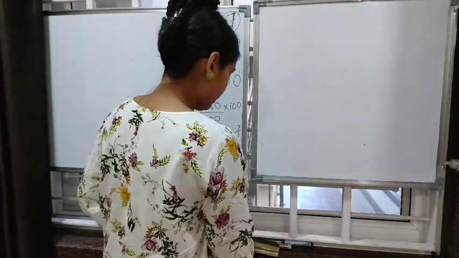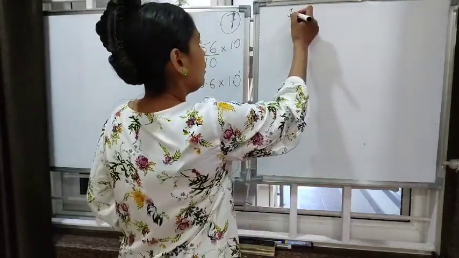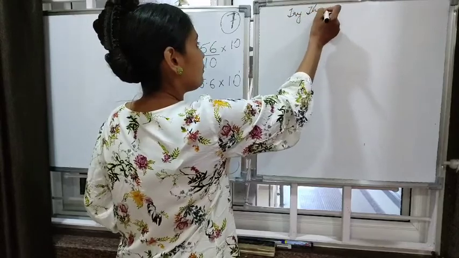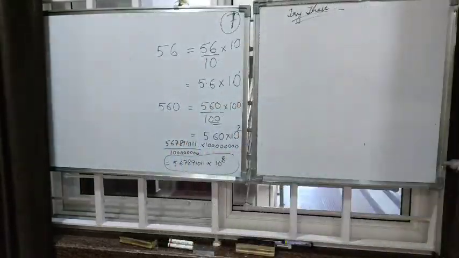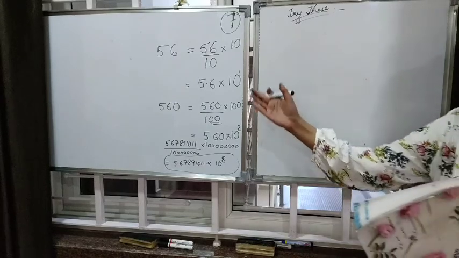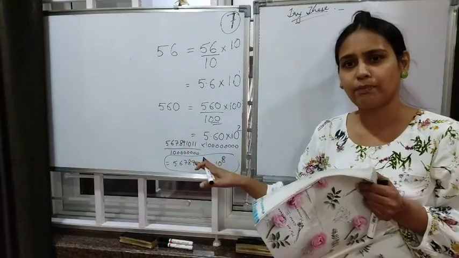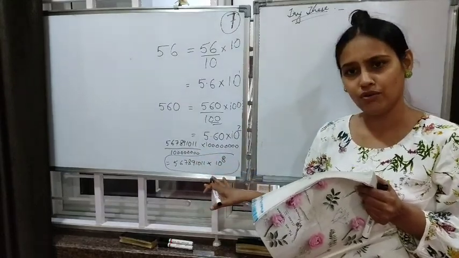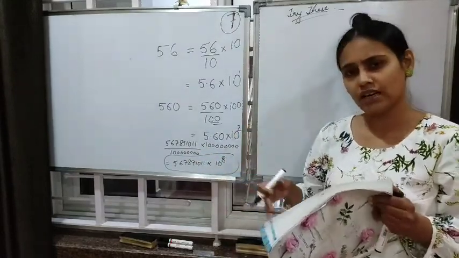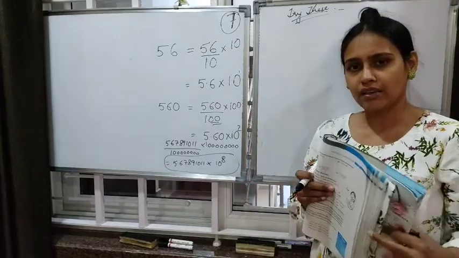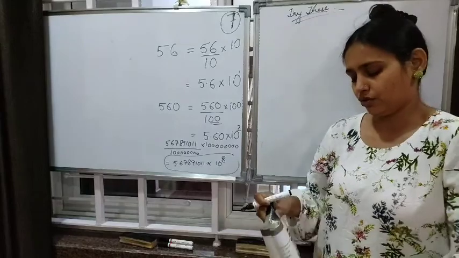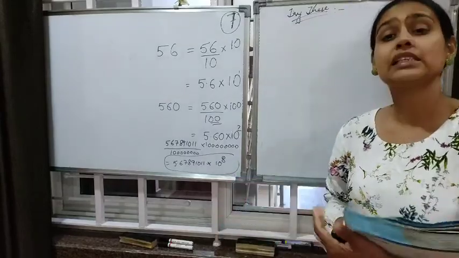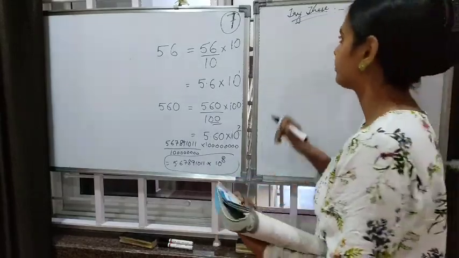You'll see the page number and let you all know about this. There are many questions. We'll do only 2, 3. We won't do a lot now because I know you must have understood. This is very easy, primary level. Now you know how to do it and how to put the powers of 10. So we will not waste a lot of our time in this. Try These is on page number 261.